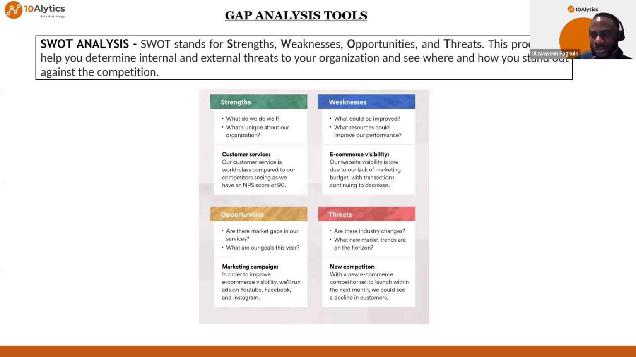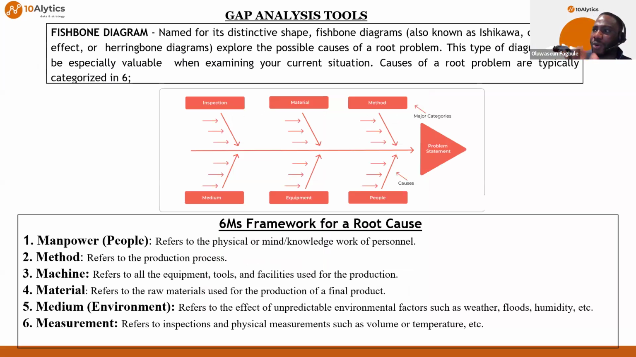A new competitor is a threat, right? Because if a new competitor launches, then customers can go to that new competition, and we will have a decline in our customers. So we need to improve our services to mitigate that threat one way or the other. So that's that analysis. Quickly, the second gap analysis tool we'll be talking about is called